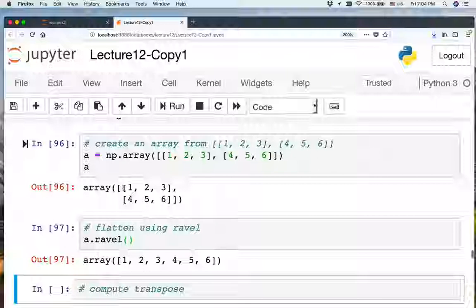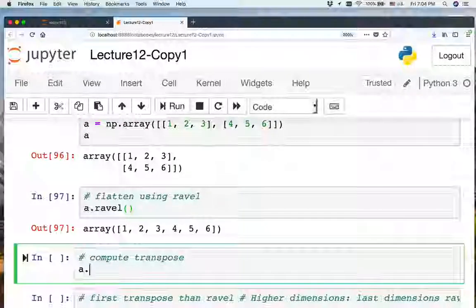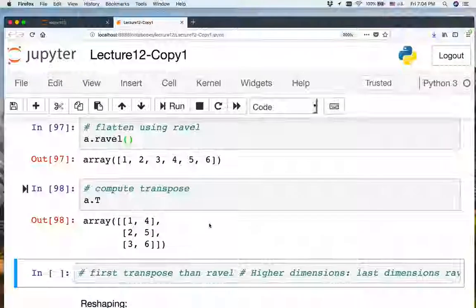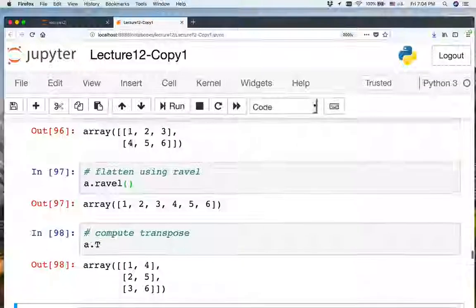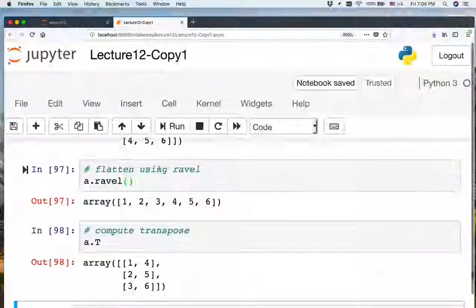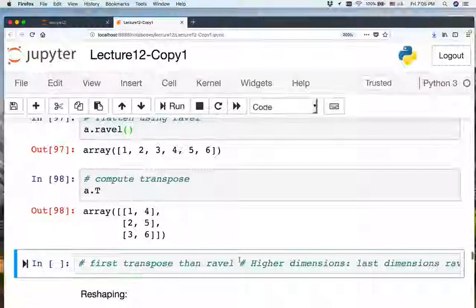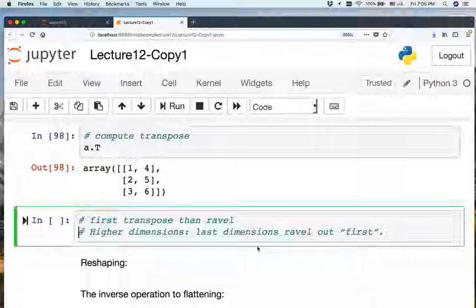So it actually creates just like a one-dimensional array when you say that. And then we have been using transpose anyway, but you can just say a.T. It just transposes the matrix. So from here we have this. All right, what does it say? First transpose, then ravel. Okay, so what about